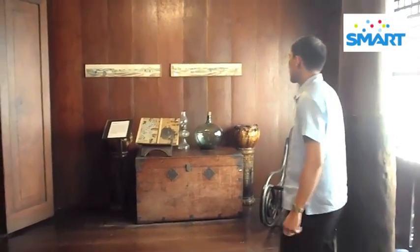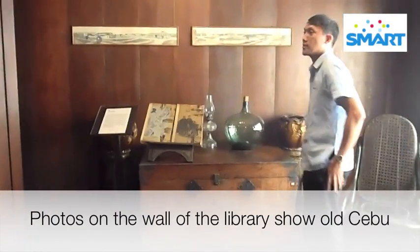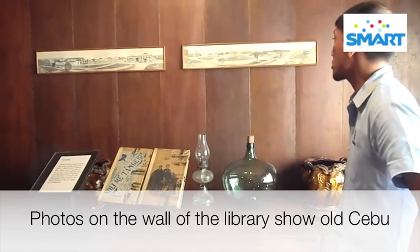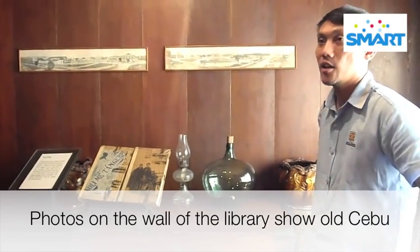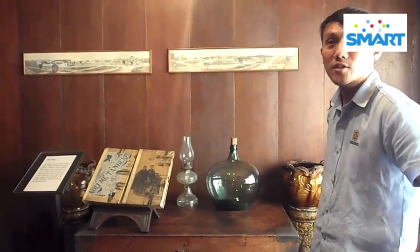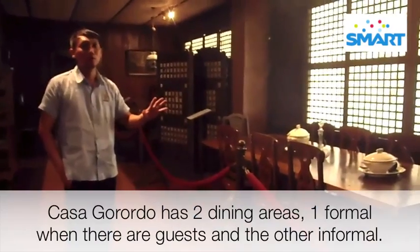These 2 photos that you see here are pictures of the old city of Cebu. So you see the familiar structures that are still standing today, and those have disappeared. So most of these structures were destroyed during World War II. We are about to reach the